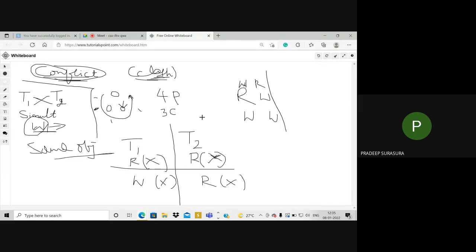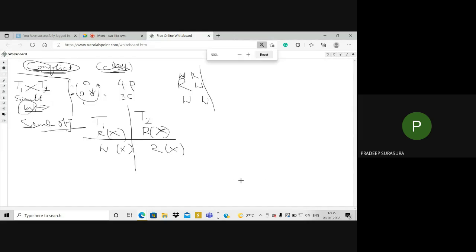Now imagine how a plan has to be followed so that these three problems will not arise. Anytime when you're transacting, I should see that I do not get any problem when I'm working on particular data. Now please understand how this problem arises, or when do we get such a problem?